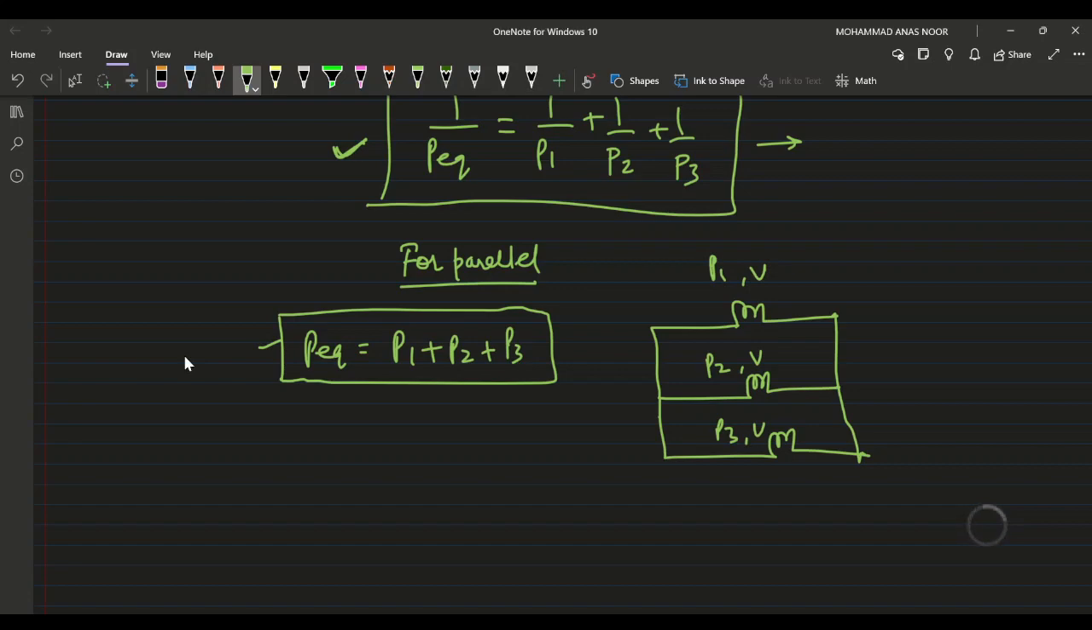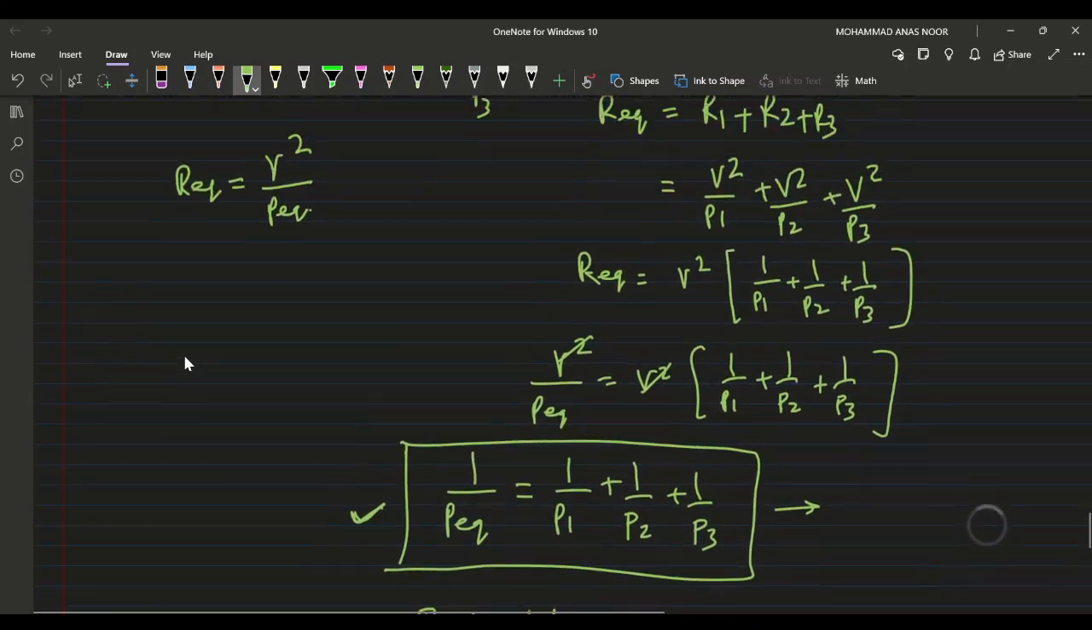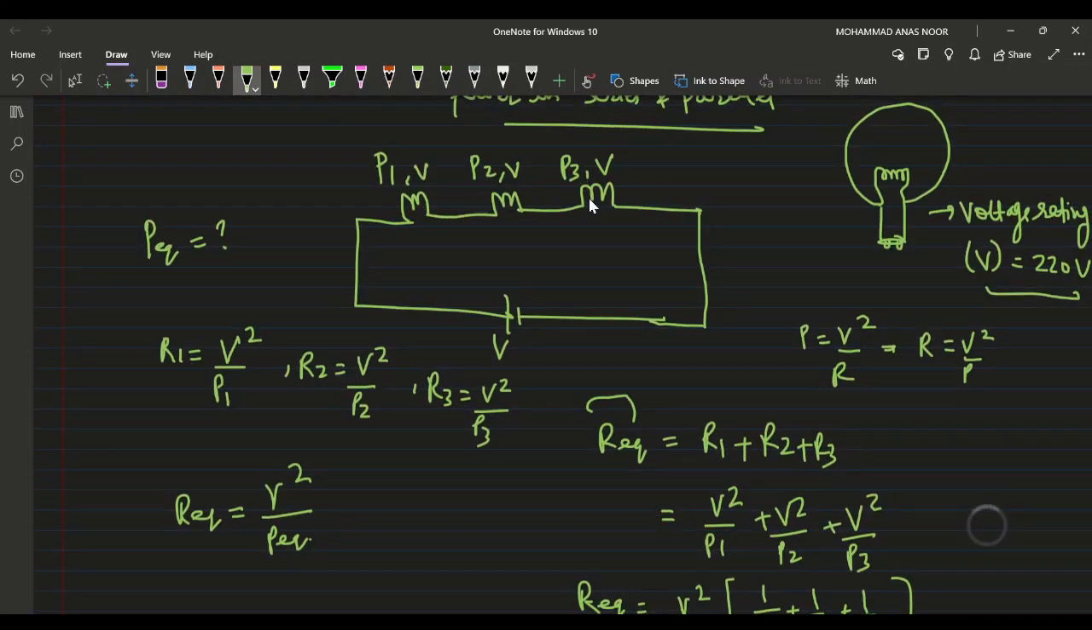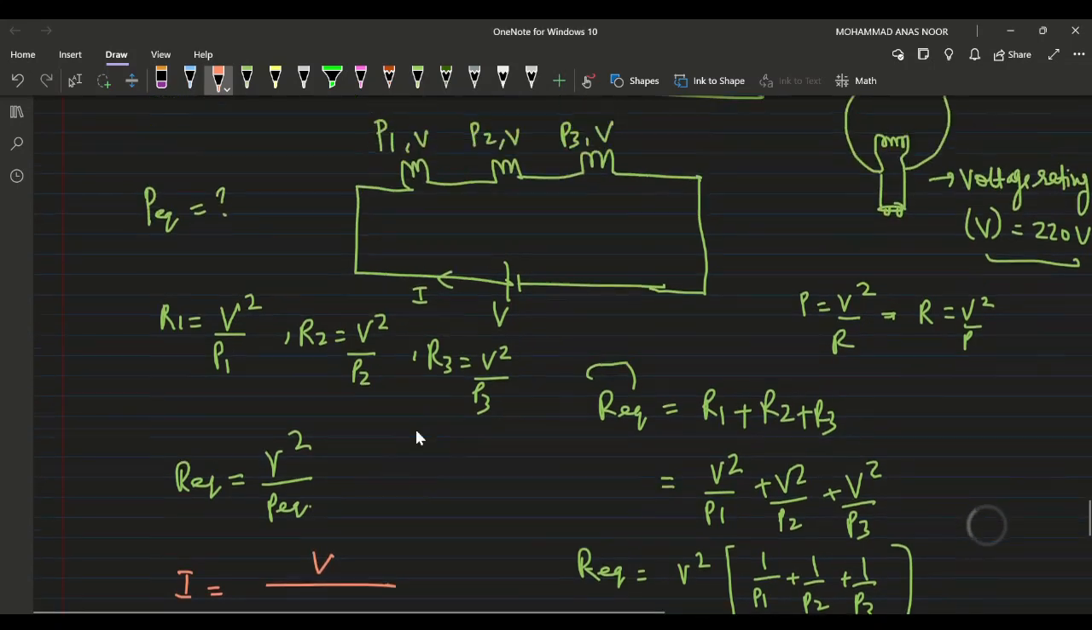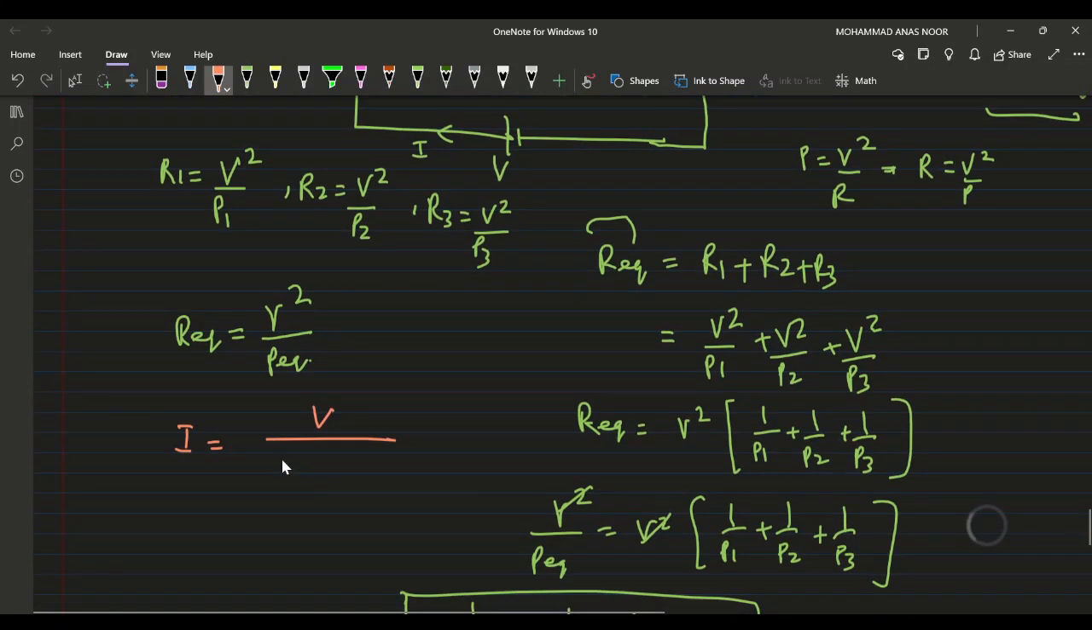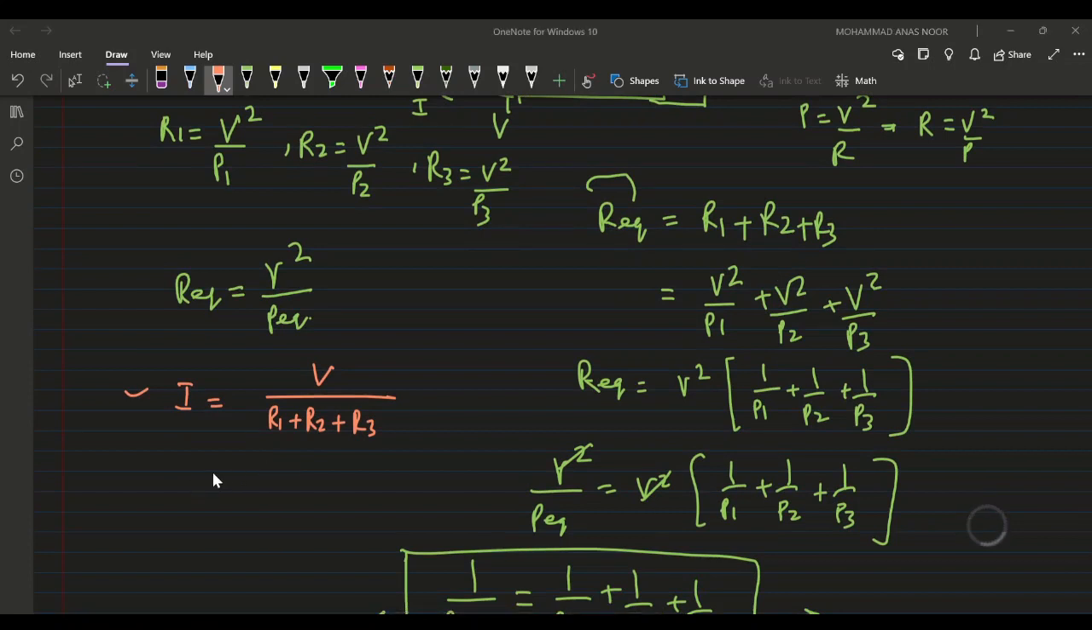Now another thing to note. In the series combination, these bulbs are connected and the current I will flow. Can we find this I? This I would be V upon R equivalent, the equivalent resistance, so R1 plus R2 plus R3. This would be the current. Now if you want to find the brightness of each bulb,